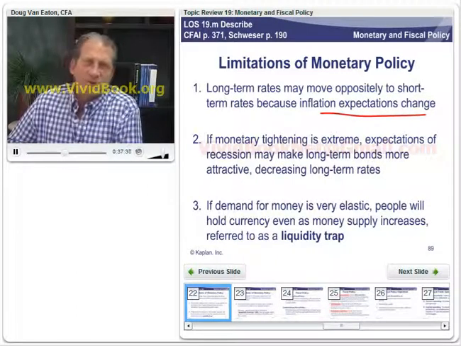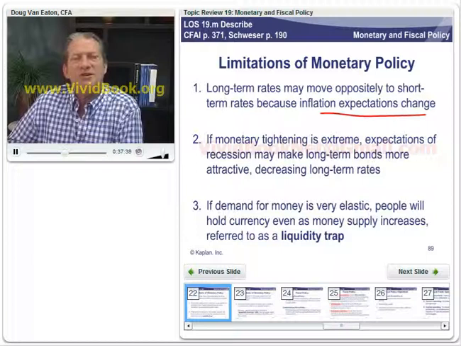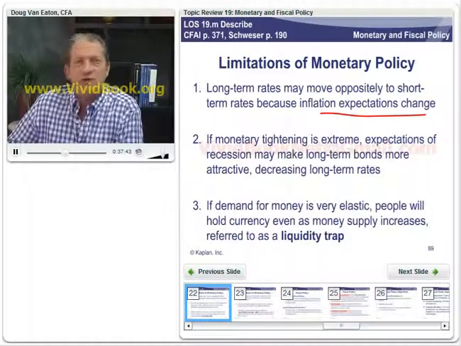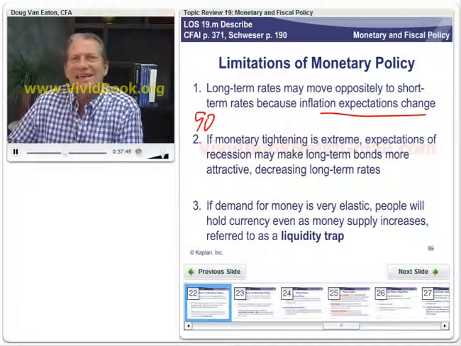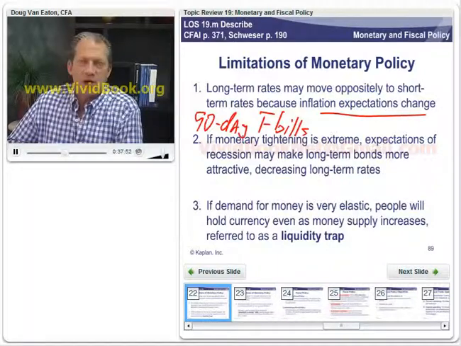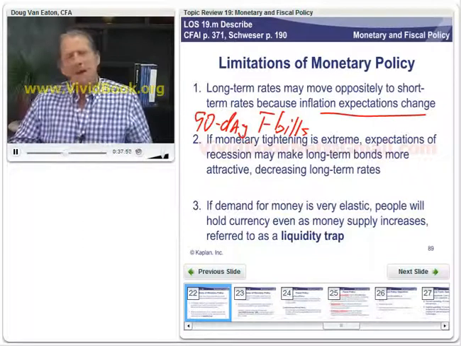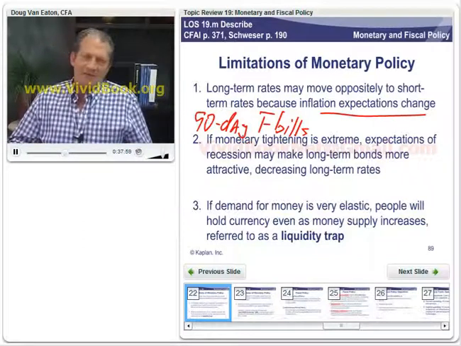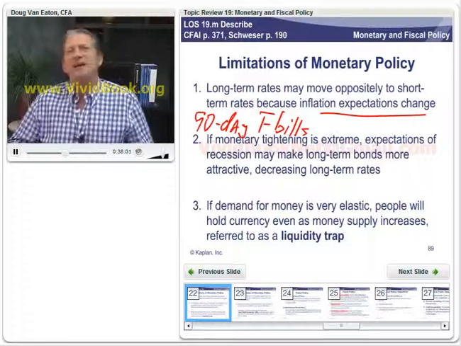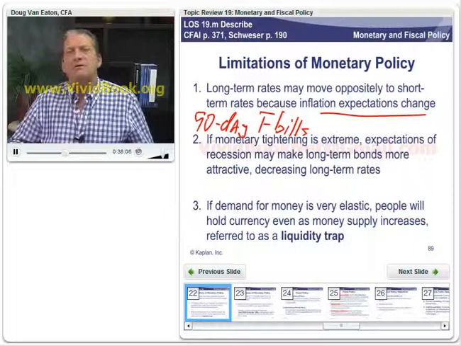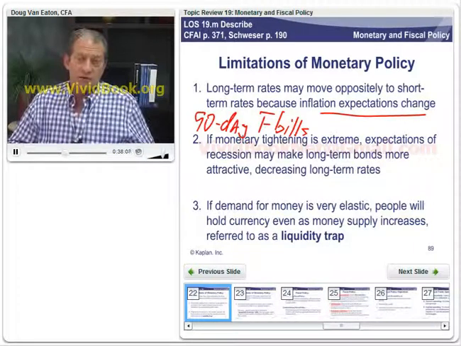So in our short-term rates, we have pretty much the short-term inflation expectations, right, according to the Fisher effect. So if we're talking about 90-day T-bills, that's the short rate. And say 20-year Treasury bonds are the long rate. Well, if the central bank, the monetary authorities, expand this money supply in order to drive down these short-term rates,